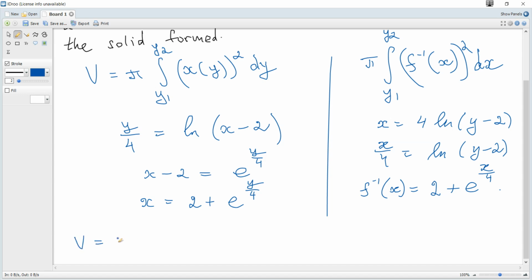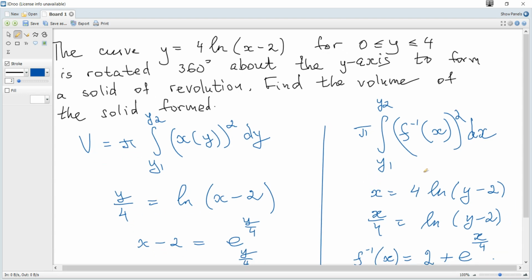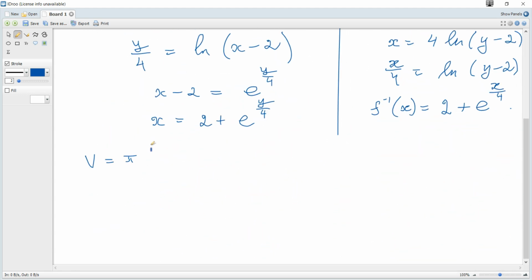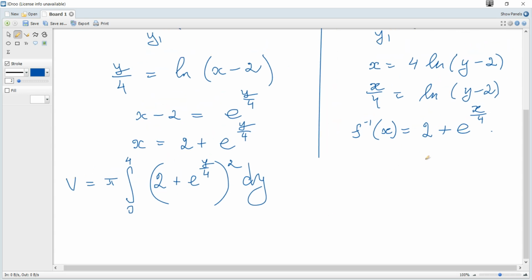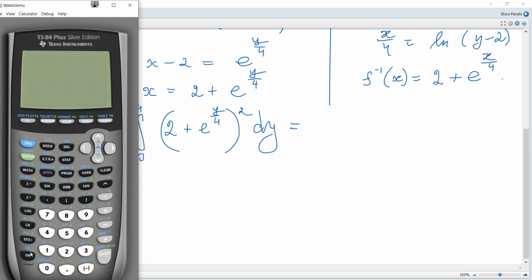Then the required volume becomes pi. It is given directly that the limits are from 0 to 4, and you remember in general that the domain for a usual function becomes the range for the inverse and vice versa, but here it's given, so it becomes pi times the integral from 0 to 4 of this expression squared dy. For this you get absolutely the same, but with x, and using a calculator we get